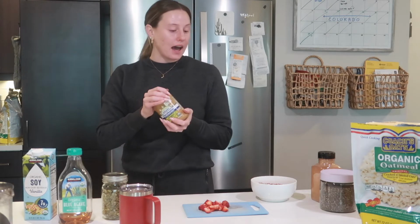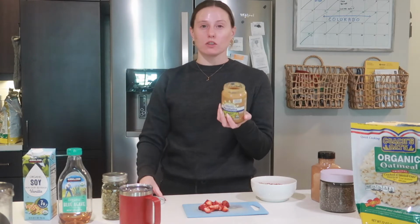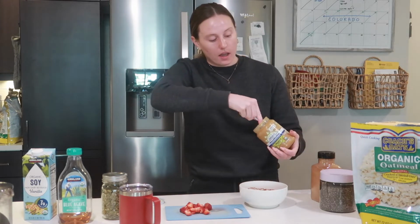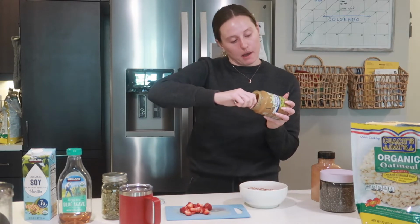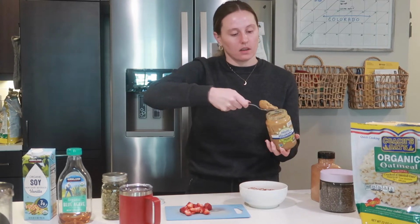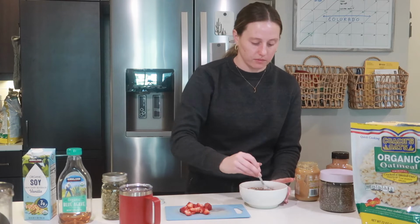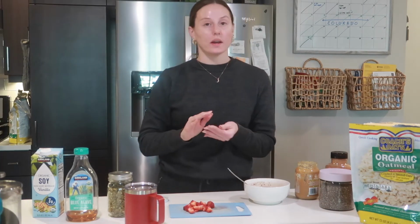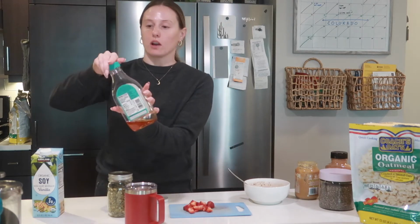Okay, first thing I'm gonna add while it's really hot is the peanut butter so it gets nice and melty. I don't measure it out or anything, I just do 1 big scoop, which should be about a serving, which is 2 tablespoons. Okay, now I'm gonna add all my toppings. I'm gonna start with agave nectar,